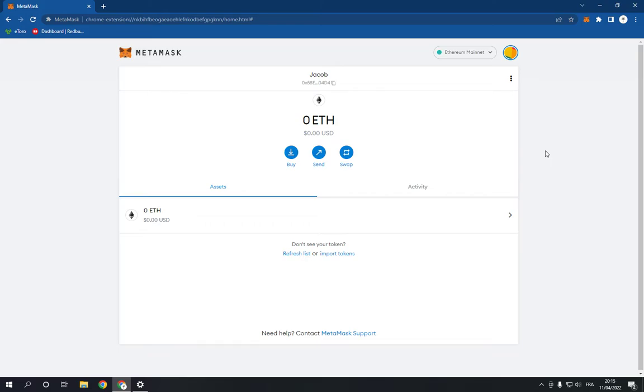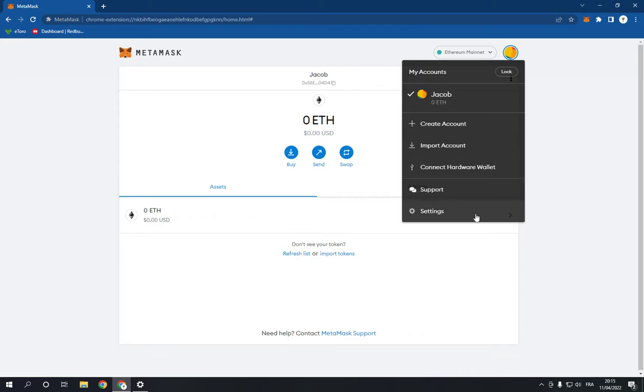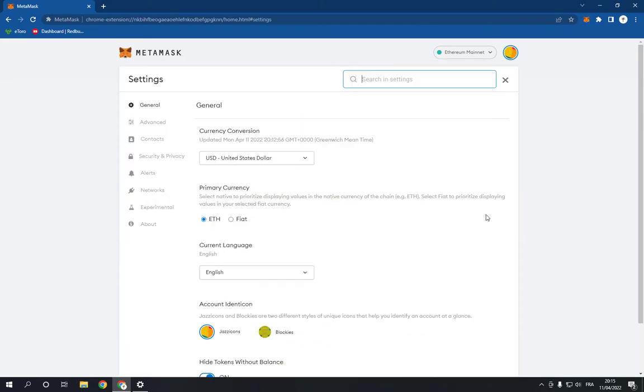So all what you have to do is go to your wallet, your Metamask wallet. This is the home page, as you can see. Now go to the top right here and go to your settings. After you choose your settings, now you need to go to advanced right here